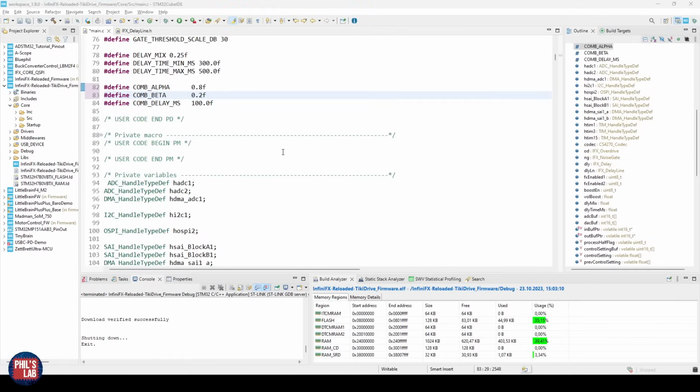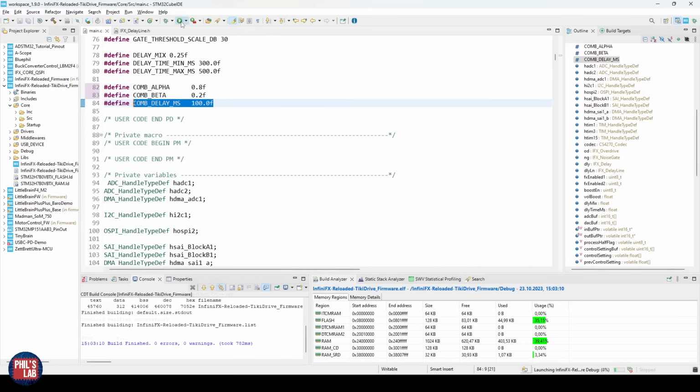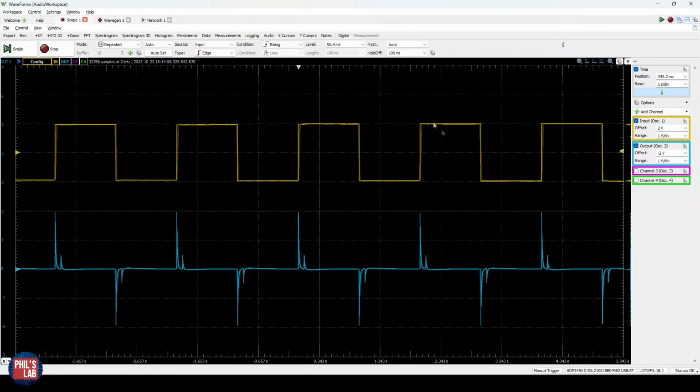Let's just have a brief look, before we move over to the guitar, at alpha is 0.8 and beta is 0.2 for the same delay of 100 milliseconds. Let's upload that to the board. And this is what the result looks like in the time domain, again with a square wave input, and blue is our output trace. Remember, alpha is 0.8 in this case, and beta is 0.2,